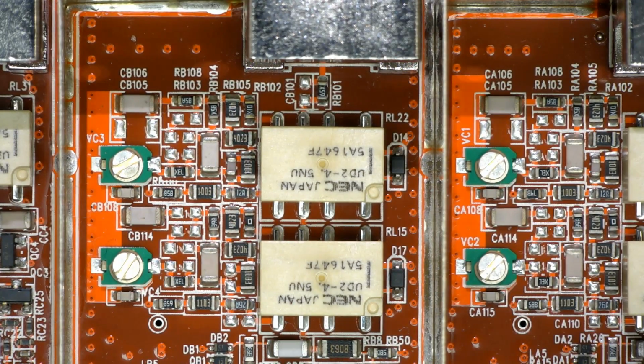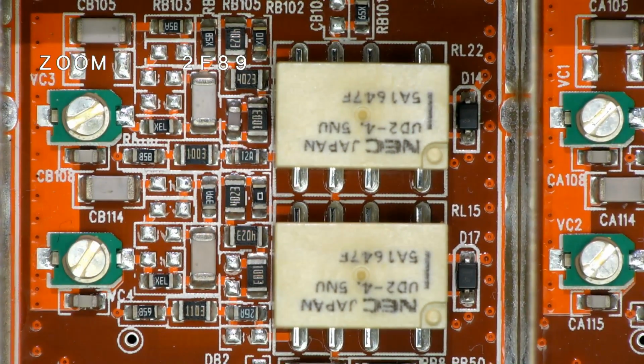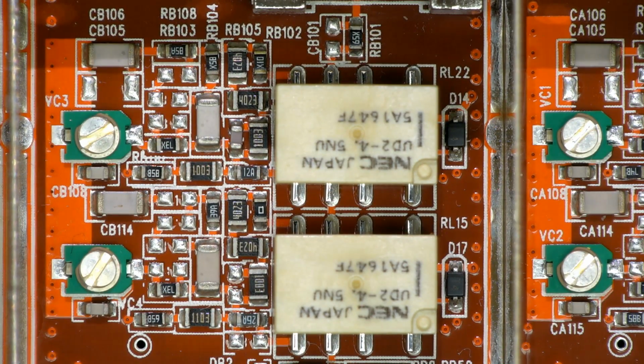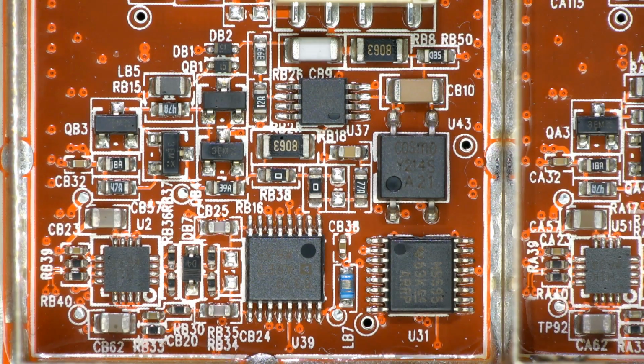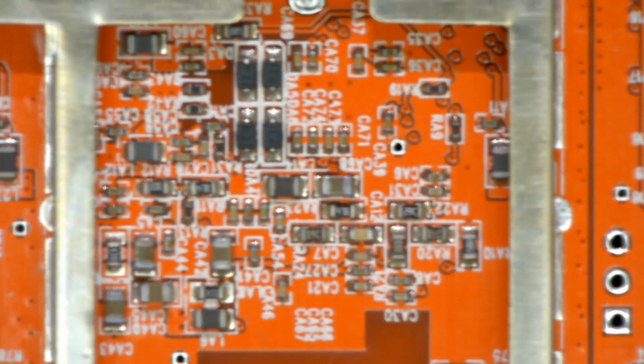There's the top half for those who love to take screen captures, but I've got high-res teardown photos down below. I didn't get them under the Tagano microscope, so there you go. Beautiful. Oh, look at that. It's better than a macro photo. It really is. But it's limited to 1920 by 1280. Gosh darn it. And if you want to see the bottom of that, and of course you do,